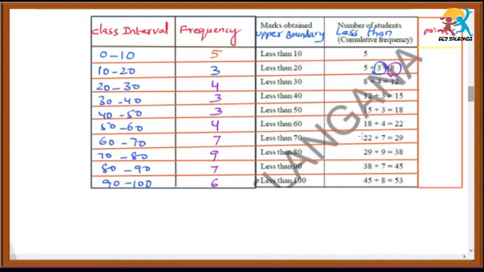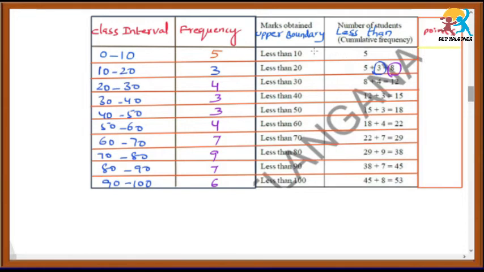Up to this, the table is enough, but I have written points here, one more column. Why have I written this? Because to find the median by using the graph. If you are asked to draw the graphs, they are called ogive graphs: the less than cumulative frequency graph and the greater than cumulative frequency graph are called ogive graphs. To draw the ogive graphs we require points, so for that purpose I have written them. If you write them, no problem. If you are not interested in writing them, then nothing will happen.